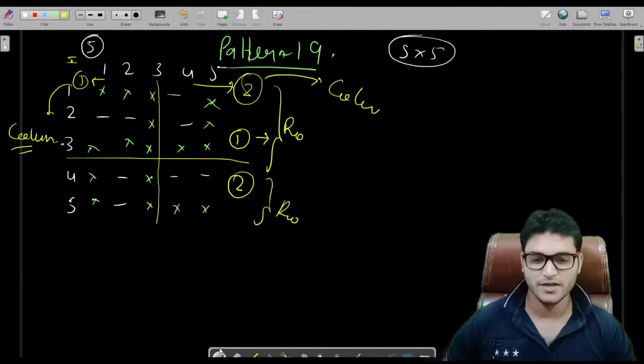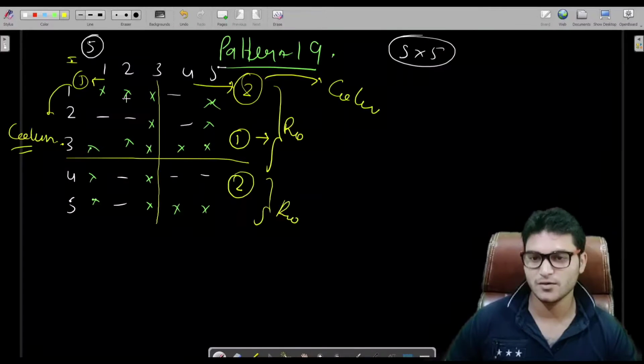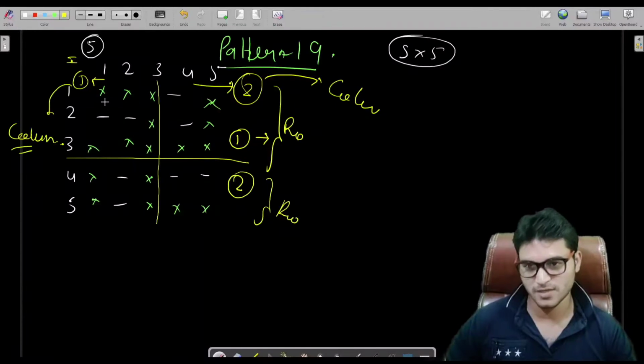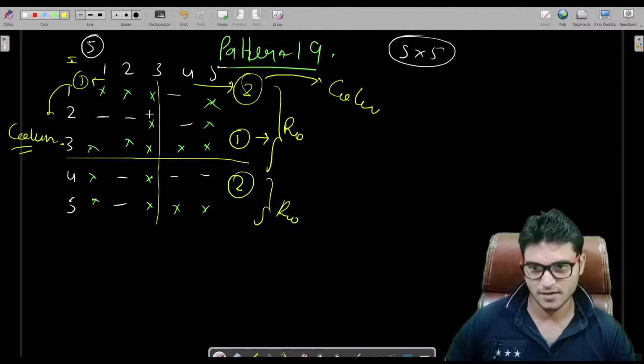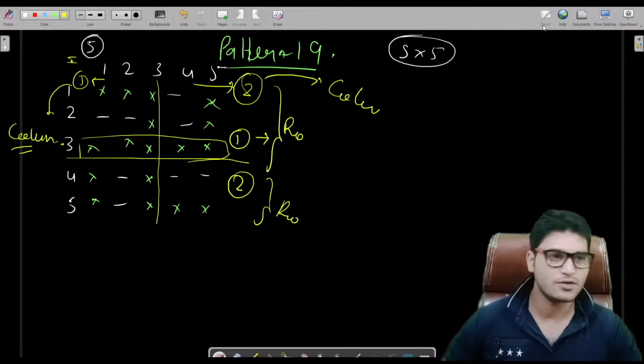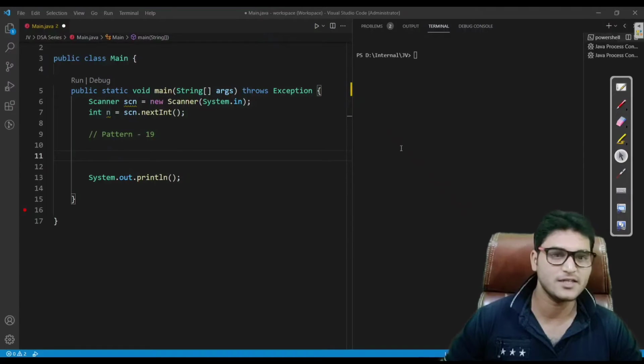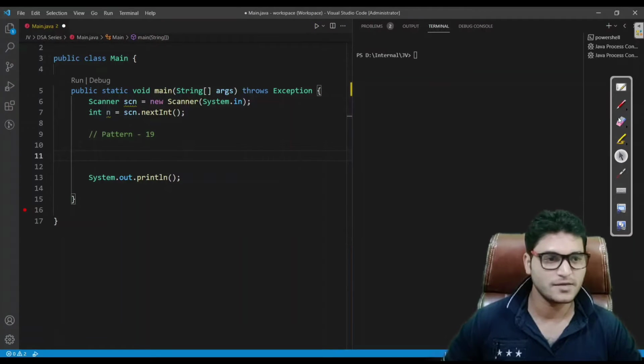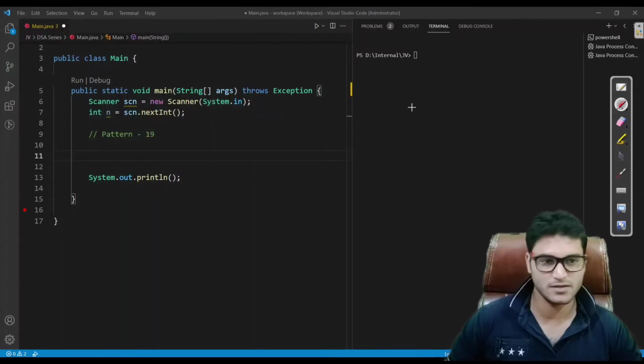Fine. So for the first half of the rows and the columns, we will display stars in the first row or in the last column of the first half, and the first half of the row and the first half of the columns, or in the middle row. In the middle row you can see we have to print stars in the complete row. So let me code it up. That's why I was mentioning that we will understand this program while coding. So let me draw the shape here so that you are able to visualize. The shape looks like this, 5.